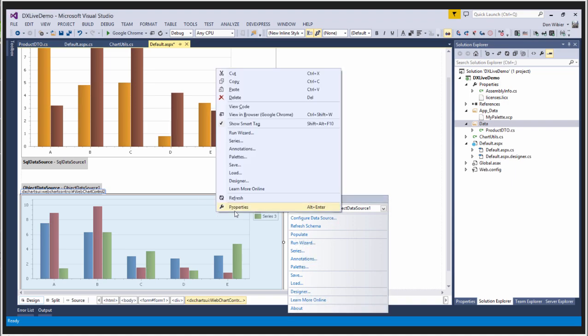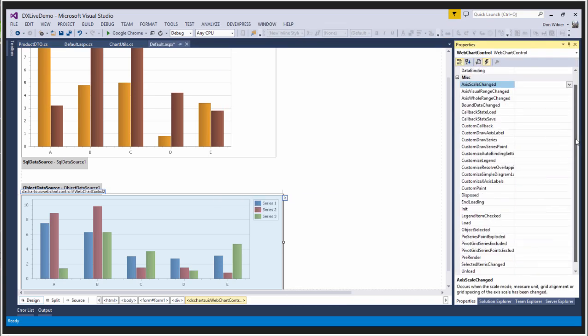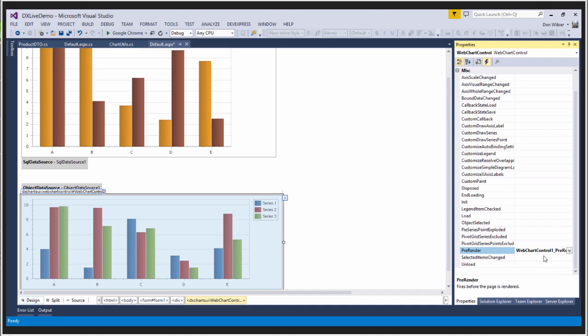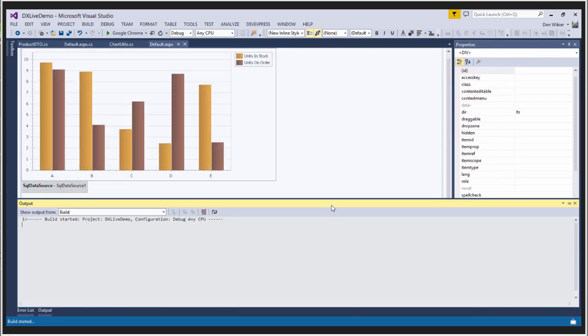Let me do one other thing here before I run it. If I go to the on-pre-render event from this chart, I can just take that same event that I used on the chart above. If I now run this application,